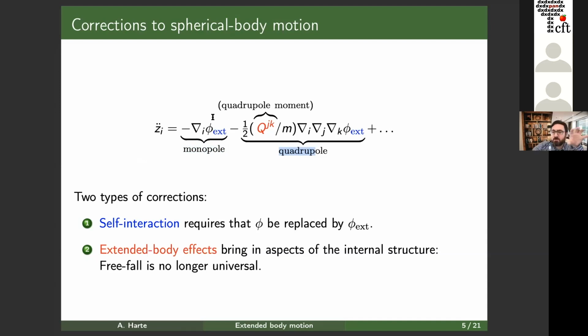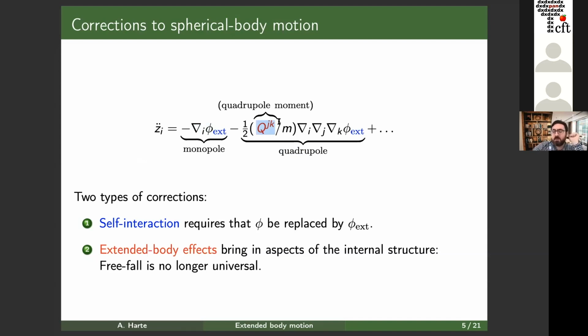And every time you do this, you get another derivative of the field that couples. So here you have one derivative. A dipole would have two if you didn't have a zero in front of it. And then a quadrupole has three derivatives, then an octupole would have four, and so on. But the interesting point here is that you have now introduced some new parameters that describe how this object moves. And these parameters are what you call its quadrupole moment, which is here a rank 2 tensor.